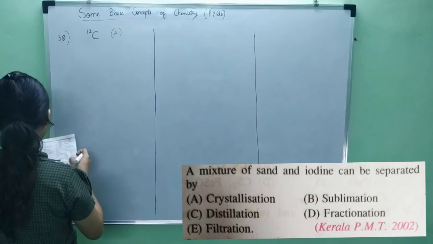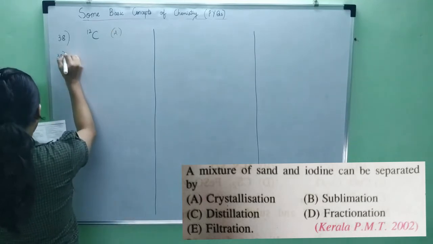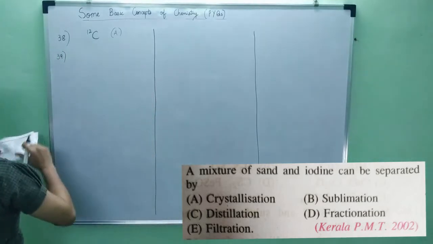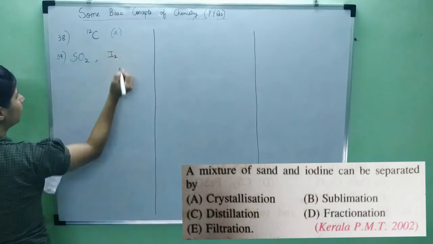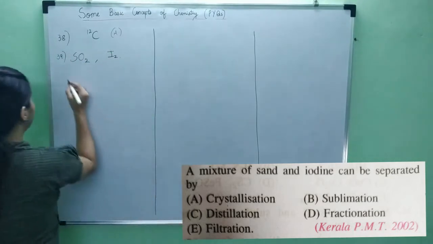Okay. Let's look at the next question. A mixture of sand and iodine can be separated by. So again, sand is SiO2, and iodine is I2. Now remember, you will have to remember these things, that iodine,